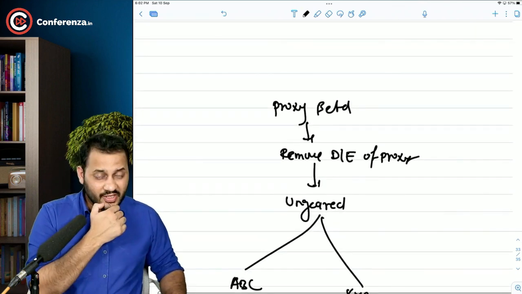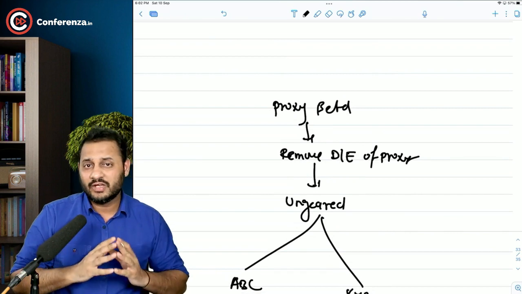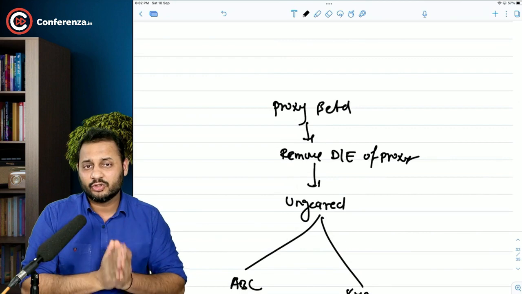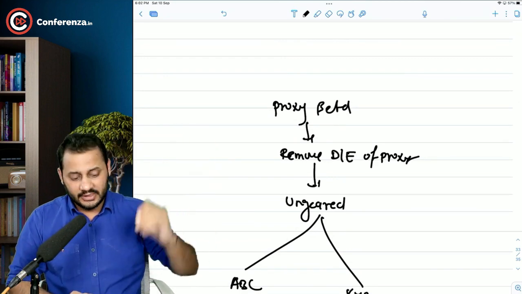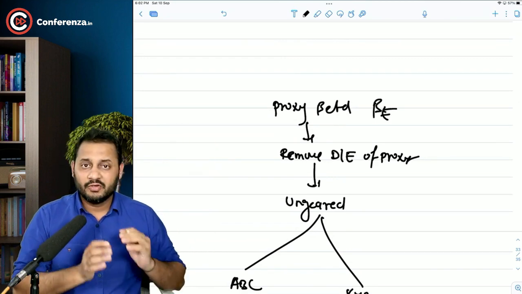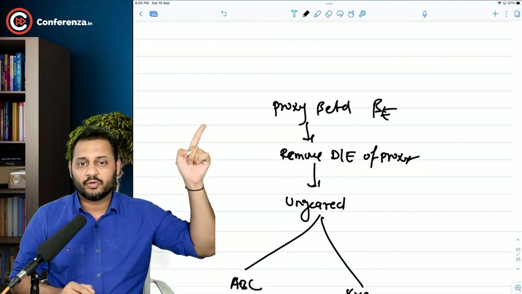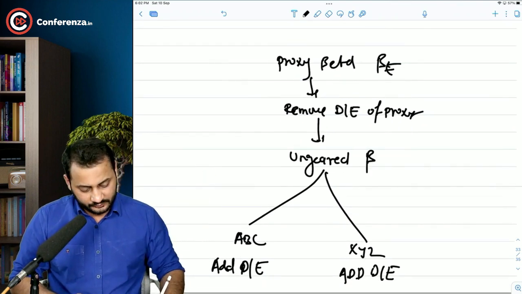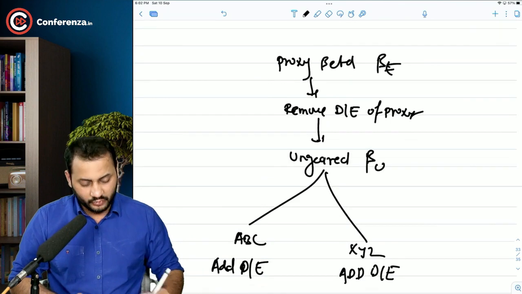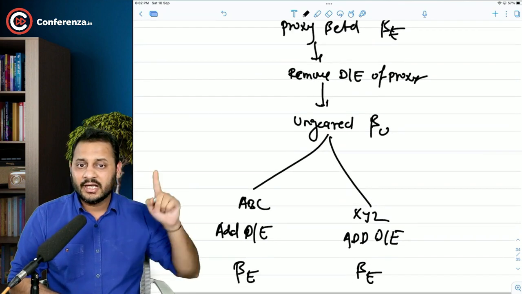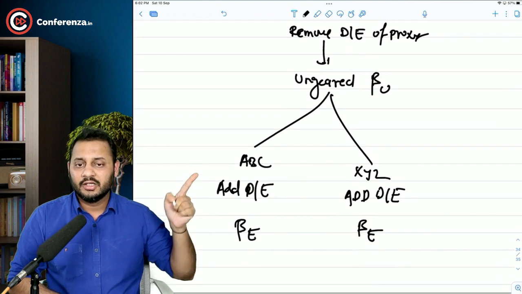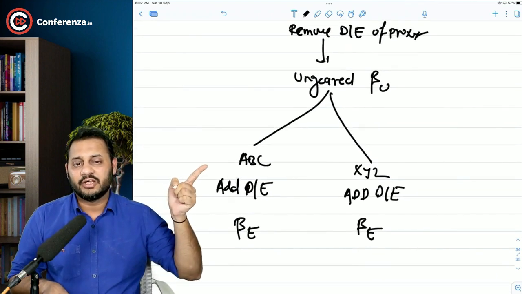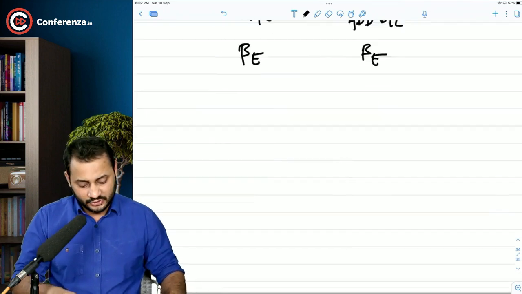So this is what we are going to do, and this is what we have been doing since the last two chapters as well in international financial management, in corporate valuation. We will take the equity beta of the proxy, remove the debt equity ratio of the proxy out of that, convert that levered beta into unlevered beta or ungeared beta, and then convert that ungeared beta to geared beta by adding the debt equity of ABC and of XYZ. So the very first step,